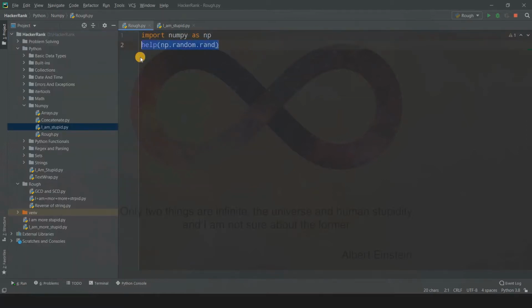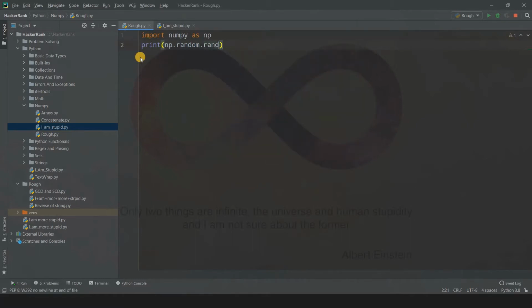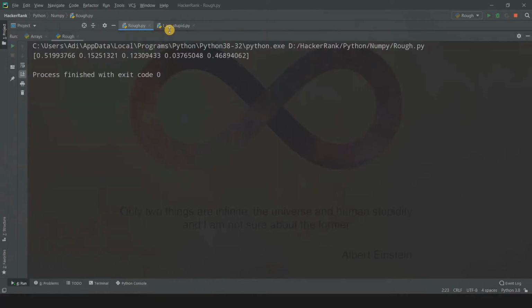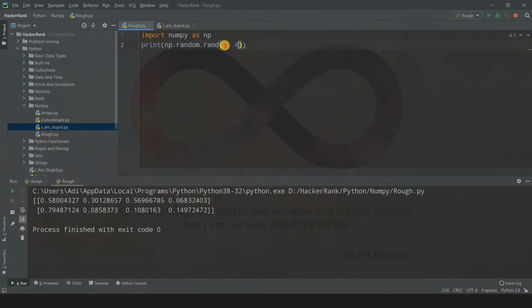Fine. So now let us look at some examples. First of all, let us print out numpy dot, now we want to get access to the random module, we got access to the module, now we want the function. So dot random dot rand, and inside this we just specify the size. Suppose I write 5. Now I'll get 5 elements. When I run this code, see, I got 5 elements, and they are from 0 to 1, with 1 not included, so they are floating point values. If you write 2 comma 4, then this becomes the dimensions, a 2 cross 4 matrix, that is 2 rows and 4 columns. In this way we work with the rand function.